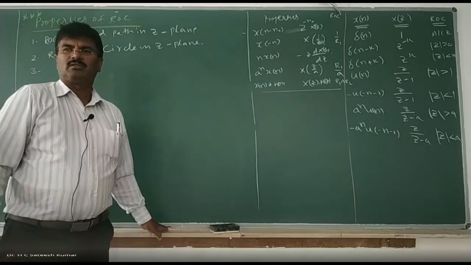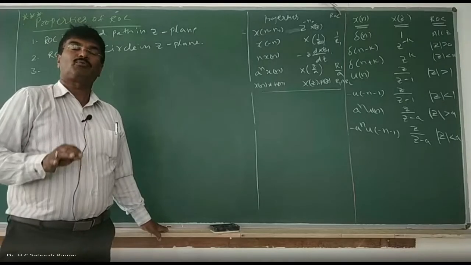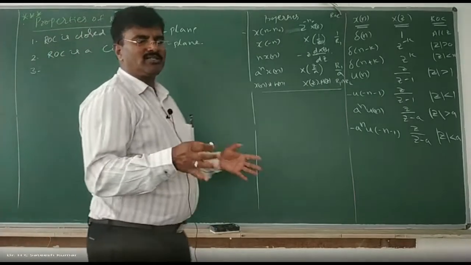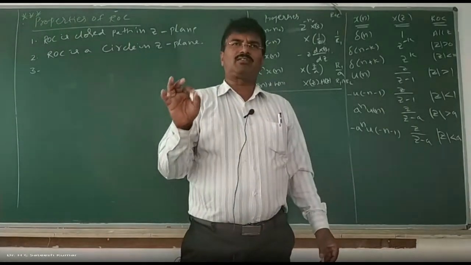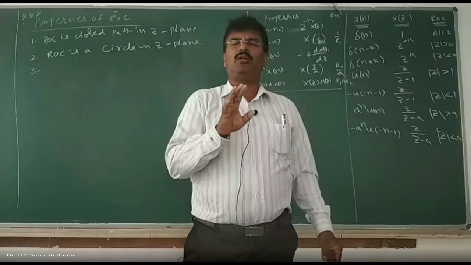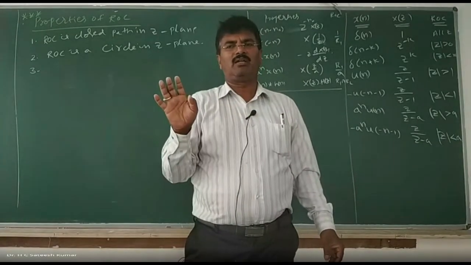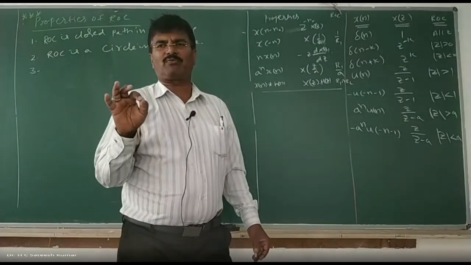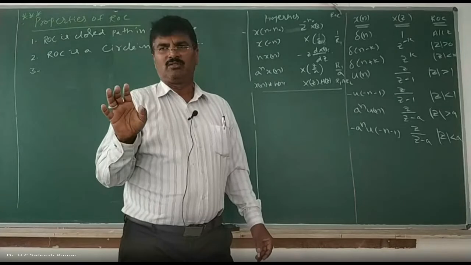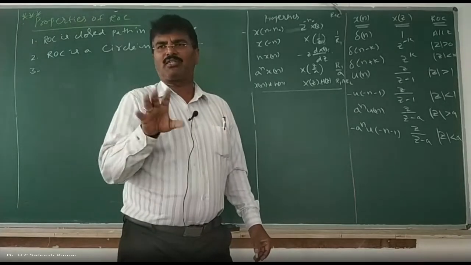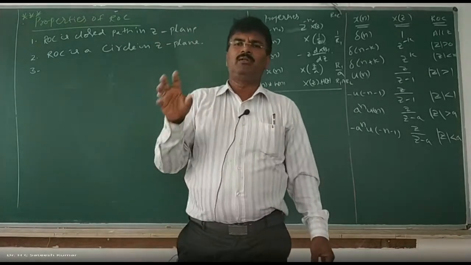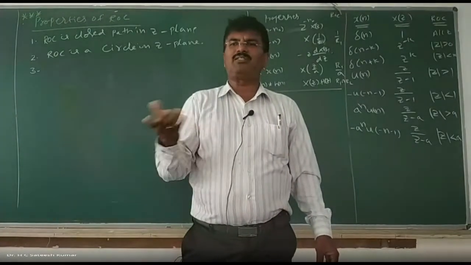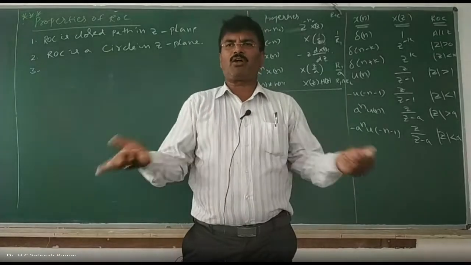It is not possible. Sir, why is it not possible? If you know the definition of pole and ROC, then easily you can tell it. What is a pole? Poles are the values of Z for which X of Z is equal to infinity. That means a pole is where X of Z doesn't exist. What is the ROC? It is a region specified in the Z plane for which X of Z is finite. So for all the values in the ROC, X of Z is obtainable. A pole is a point where X of Z is infinity. So both of them are contradictory to each other.